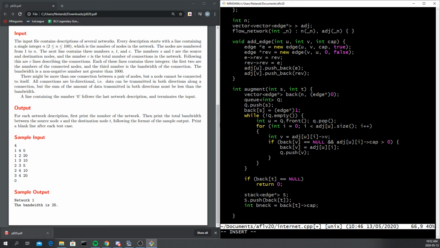And then while the starting node of the edge on the top of our stack is not the source,